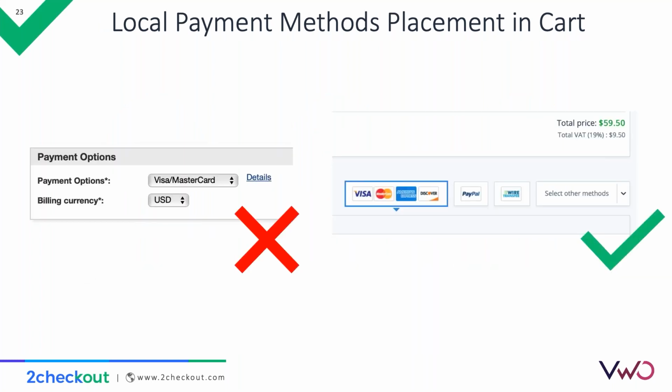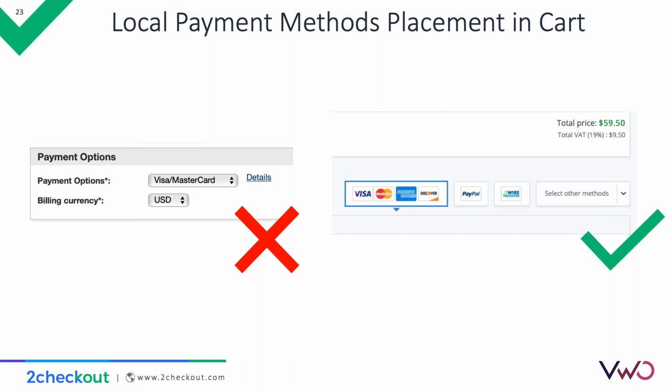And let me give you the best example I can think of regarding local payment method placement. Here are two sections of the checkout page, two different checkout pages, so to speak. How many payment methods do you think there are available in each section? And yeah, you're right, that was a trick question because on both pages, exactly 5 local payment methods are available. However, the example on the right shows a bad usage of local payment methods because you can see them in the drop-down. You have no way of knowing local payment methods are supported on this page. The example on the left, however, has visible logos and is positioned right above the summary page, making it really easy for the user to know those are available before they make a decision.